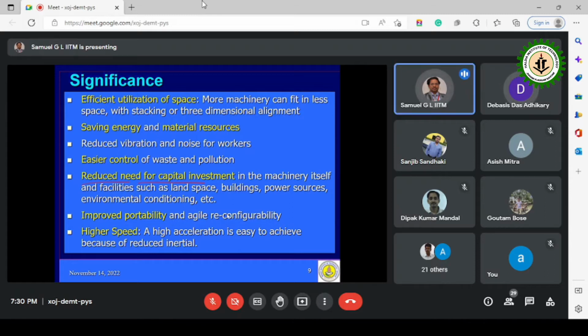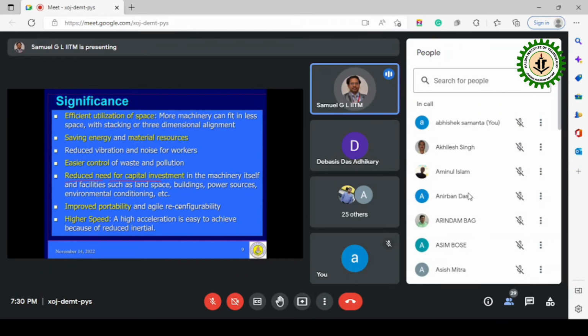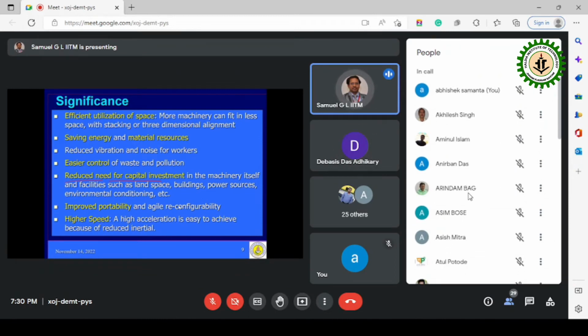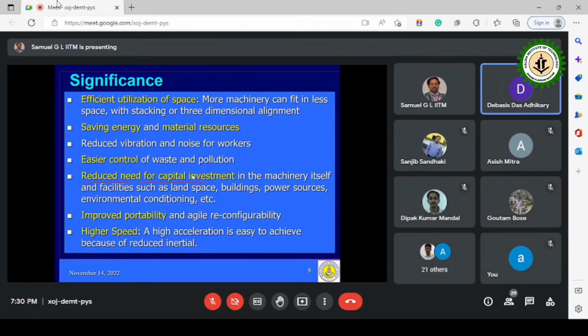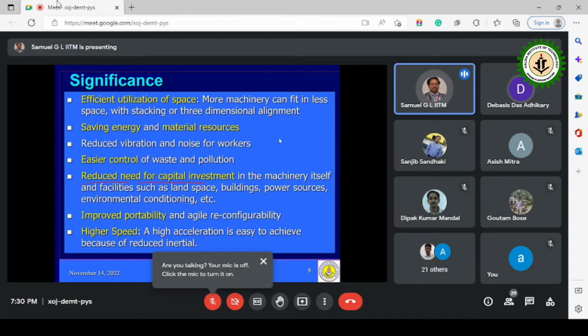And here in IIT Madras, we have a machine. It is called ultra high speed machine tool, where the spindle will rotate at 1.6 lakhs RPM. I'll repeat, the spindle speed is 1.6 lakhs RPM. Can you imagine? So that is actually possible. Thus, only when it is in the micro scale or when the particles are small, we'll be able to achieve that kind of high speeds.